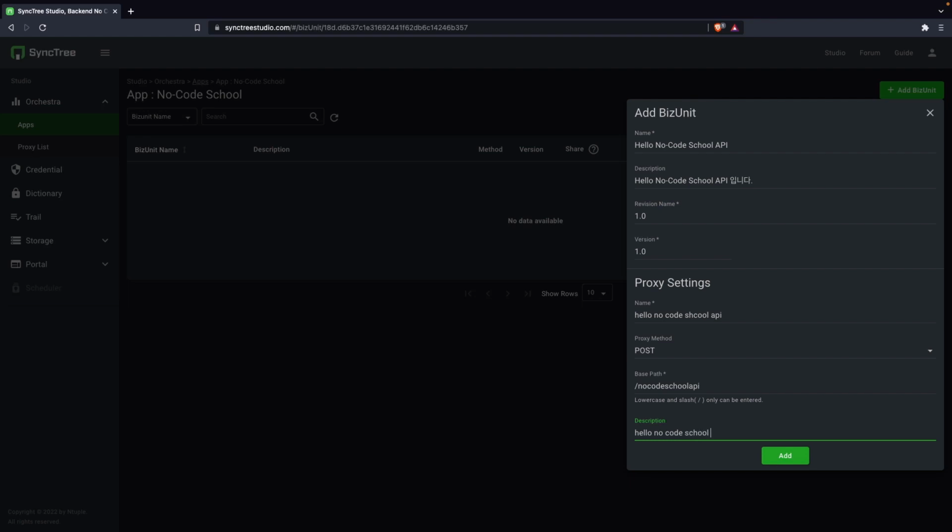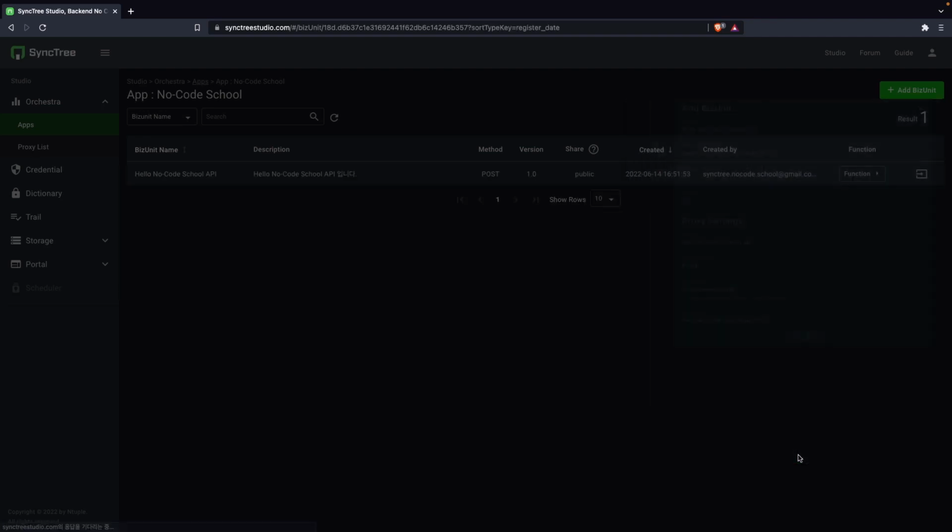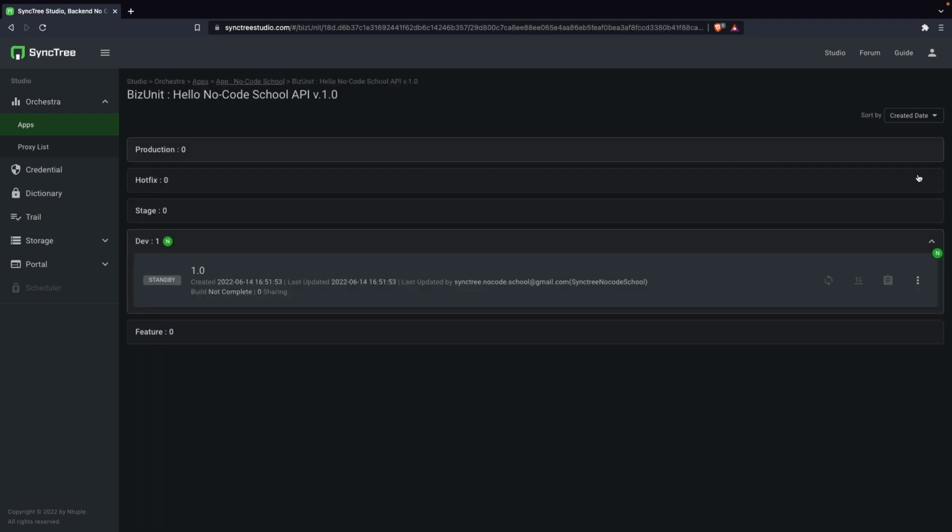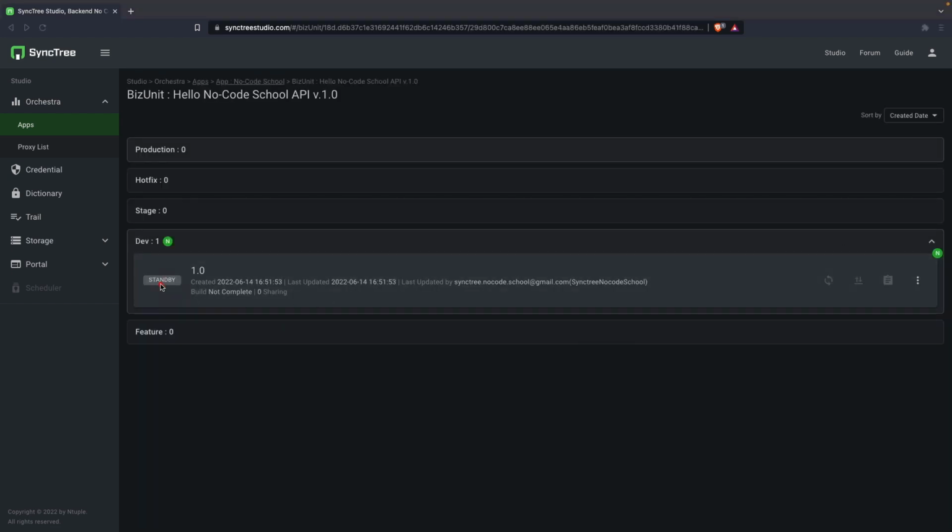Once you click the Enter button in BizUnit, a list page appears where you can copy and view BizUnit in multiple steps and versions. We'll talk about this later. Once in Dev, the first version of BizUnit that we created for the first time, Symmetry calls revision each of these versions. Next time, I'll create a very simple AP in this revision and test it.